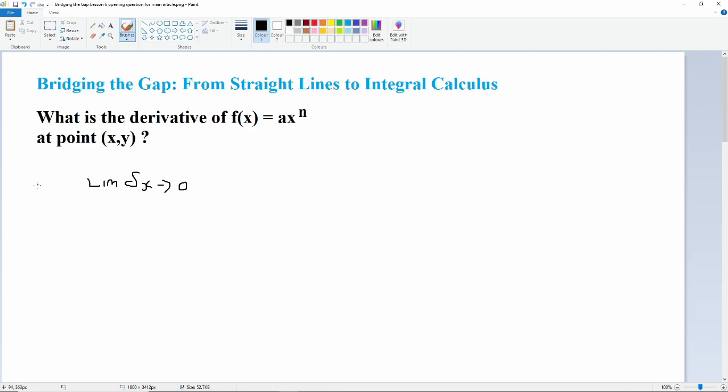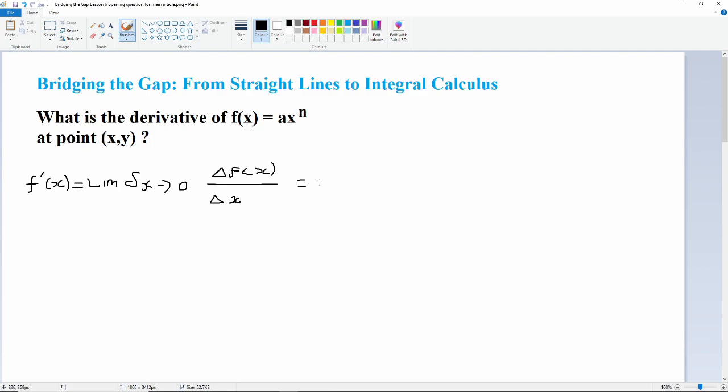The derivative of f of x, which is f prime of x, is equal to the limit as delta x approaches 0 of, and it's delta, that's capital delta this time, f of x over delta x,